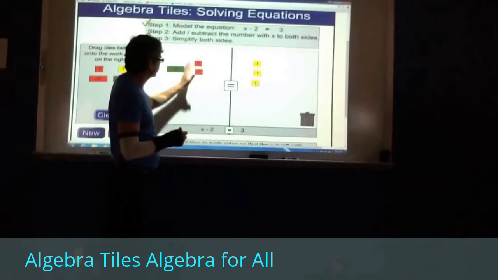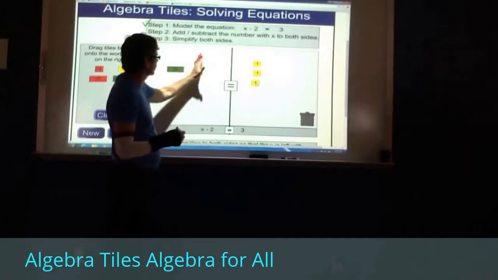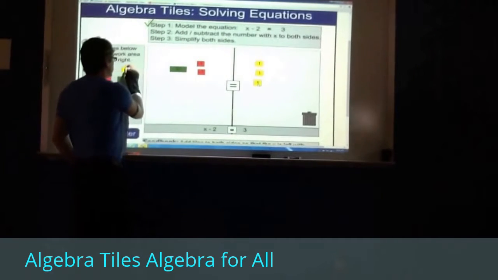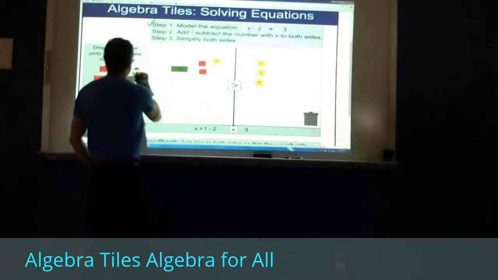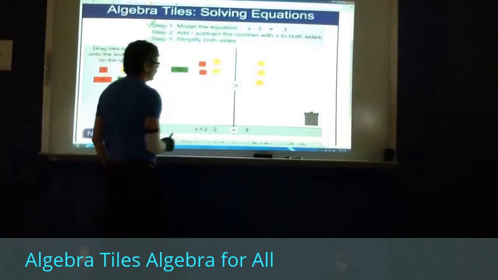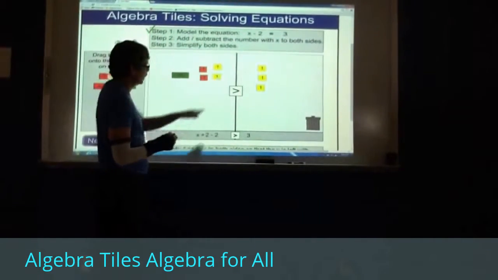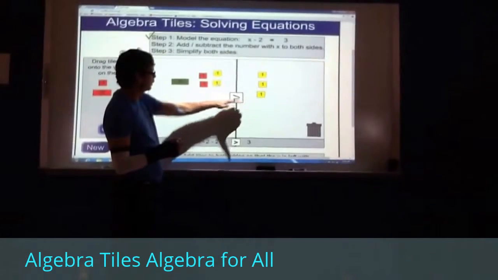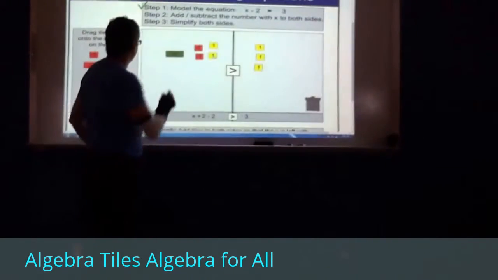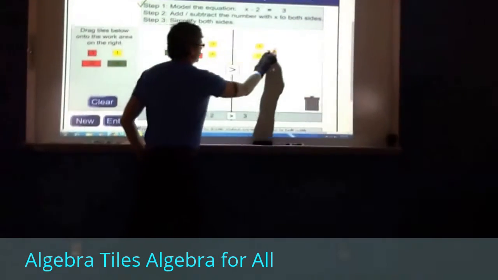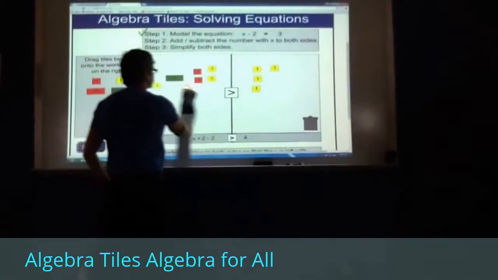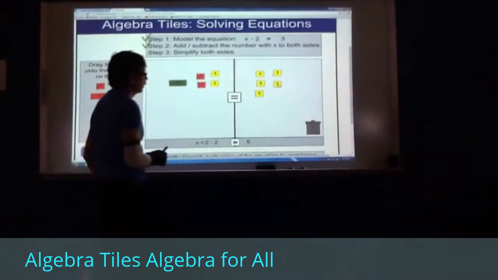Since we have this negative 2 here, we want to make that disappear. I'm allowed to use its zero pair to make it disappear. So I'm going to add 2 to that side. And notice how it's no longer equal. To keep it balanced, if I add 2 over here, I must add 2 to the other side. And therefore we have